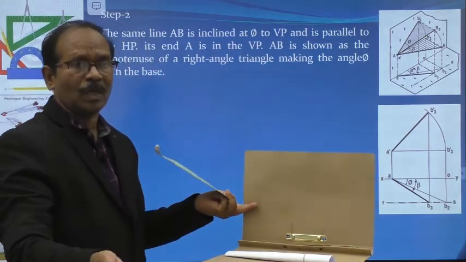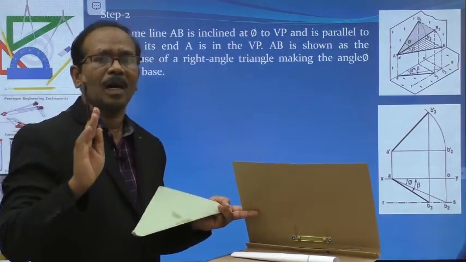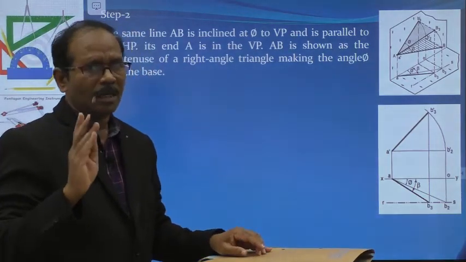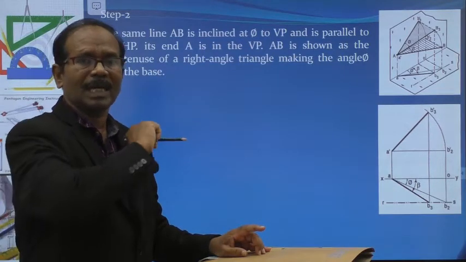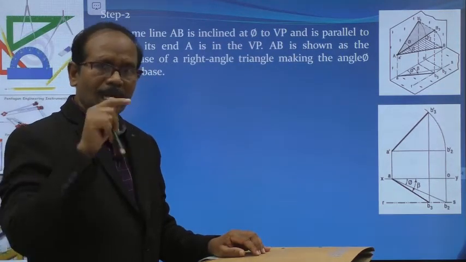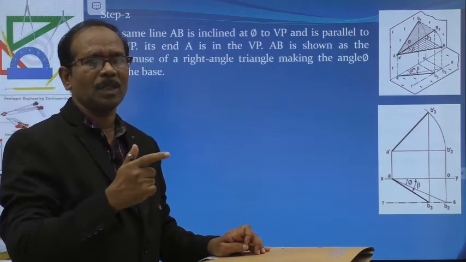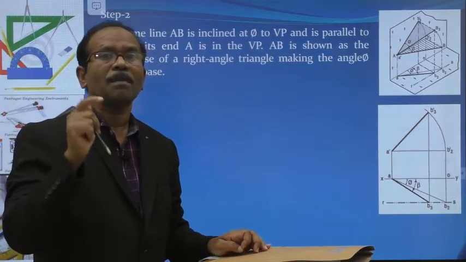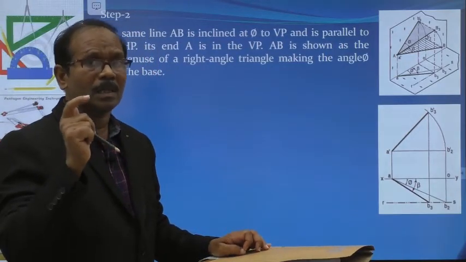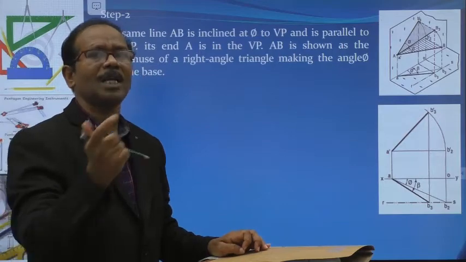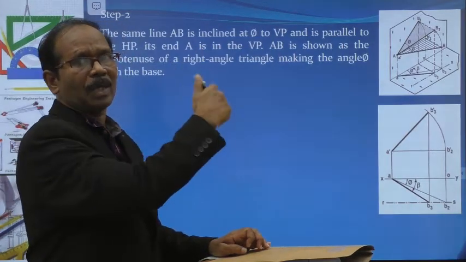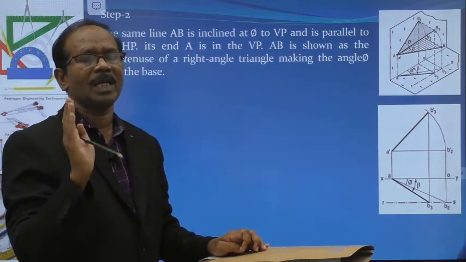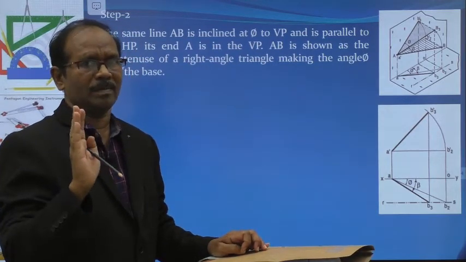Now from these two locus lines, we get the final object. Assume the line inclined to HP, draw the front view and top view, and then we get one locus line. Again, the same line inclined to VP and parallel to HP gives one more locus line. Now, the shorter lines which are parallel to the XY line, rotate the top view and front view to that particular locus line where it intersects. That point gives the final front view and top view points.